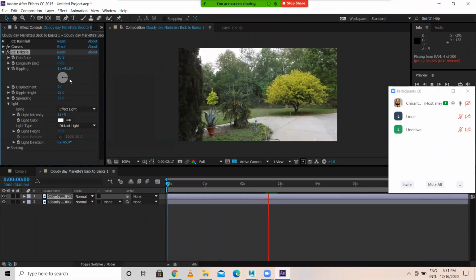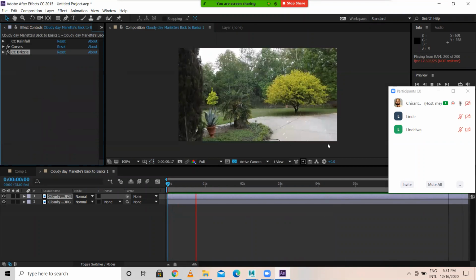Even ripple effect also. Okay, I can try. This is another effect which you can do. So waterfall is happening, so ripple is also there. Okay, like this. This is one effect.